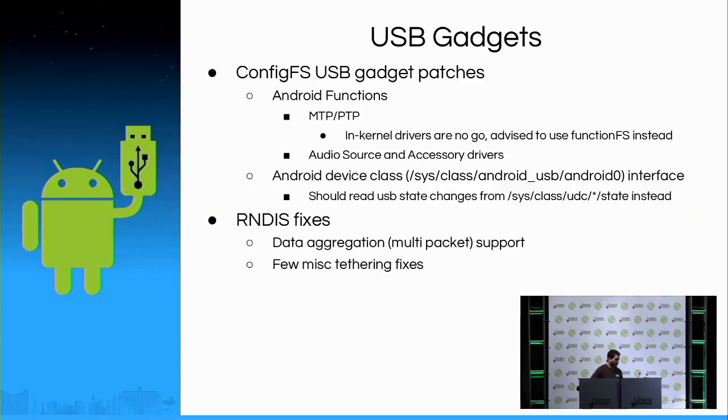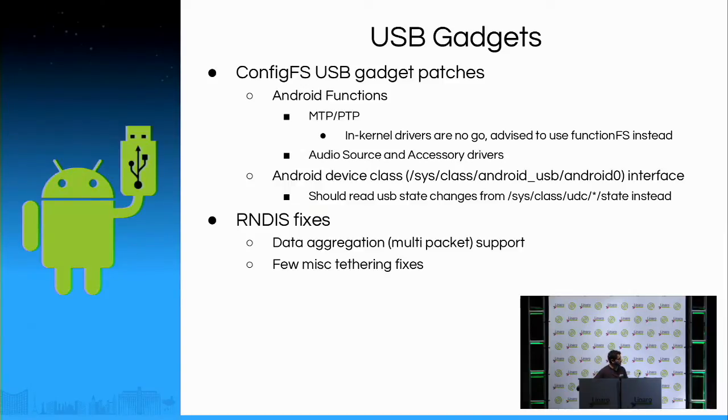One more feature here which I forgot to put here is the event notifications. Whenever a USB state change occurs, Android patches will just send a uevent to user space that, okay, I have moved from connected, someone has pulled out the plug or someone has replugged the cable. Again, mainline developers want that uevent to be sent from UDC instead, because UDC already has a uevent handler for that. So all you need to do is just fire these uevents from the UDC instead of